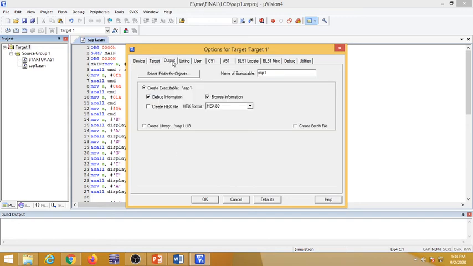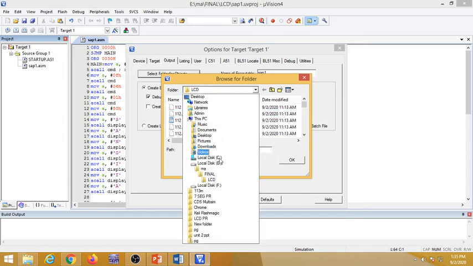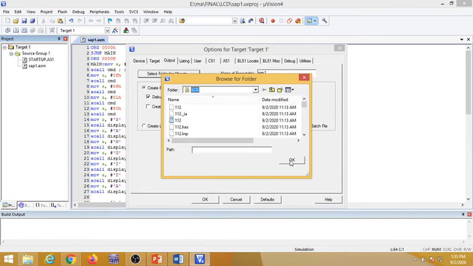Then to create the output, click on the Output window. In the Output window, what is the name of that file? That is SAP1. Then you want to find out the path, and that's why just select the folder. It is in the LCD folder. Now LCD is in final, and final is in MA, and MA is in the E drive. Just remember that in E, the MA folder is there, within it final is there, and within that the LCD folder is there. Okay, then say okay, which means you know the path.